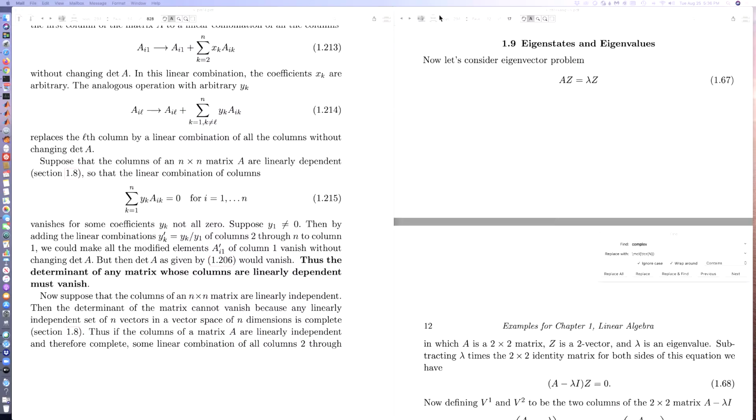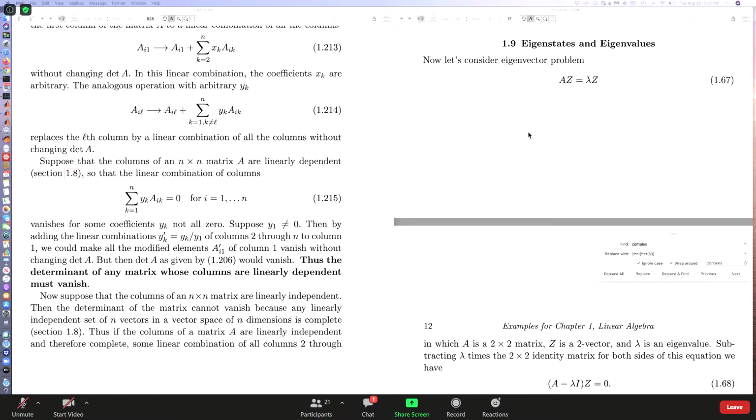I may not have opened chat. Let's just see what's going on here with chat. All right, here's chat. Okay, so please chat. Anyway,